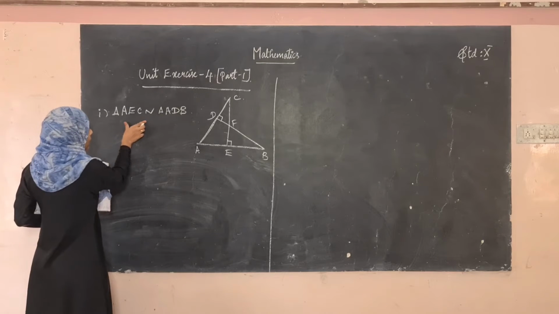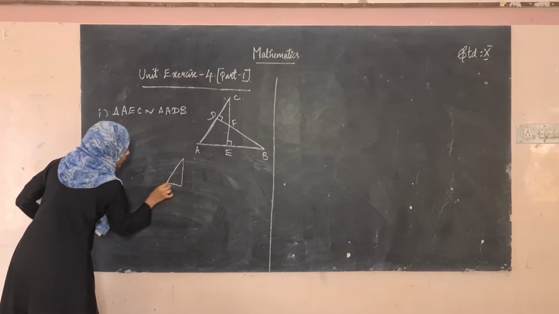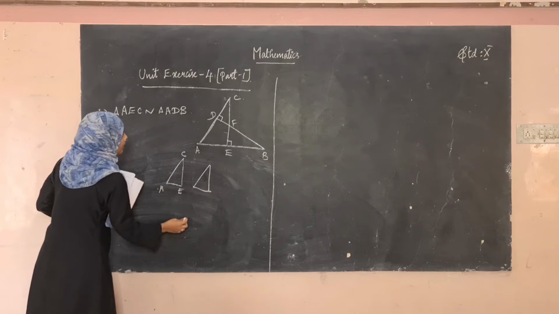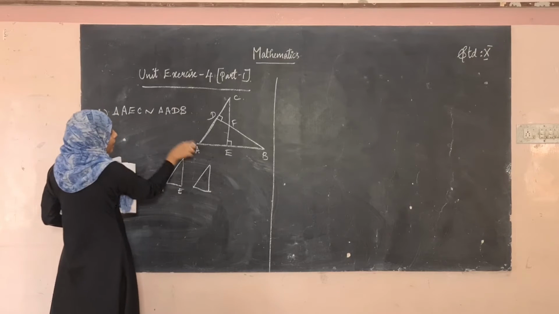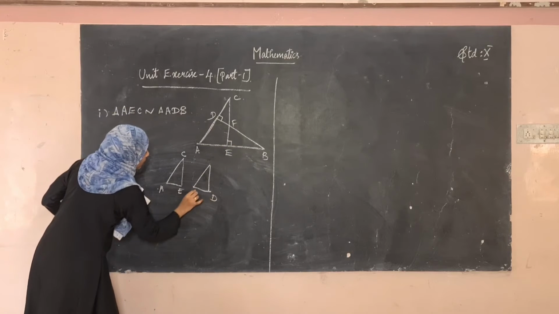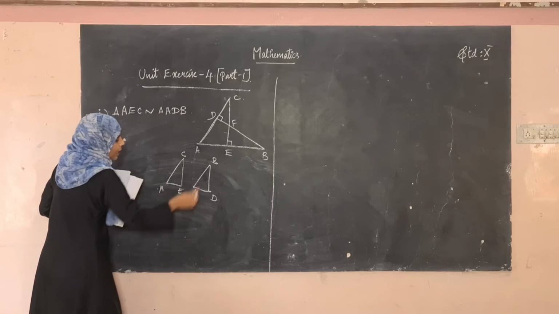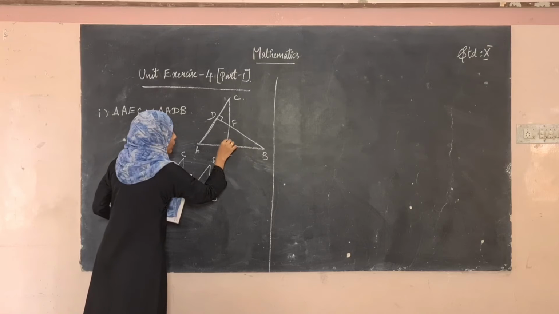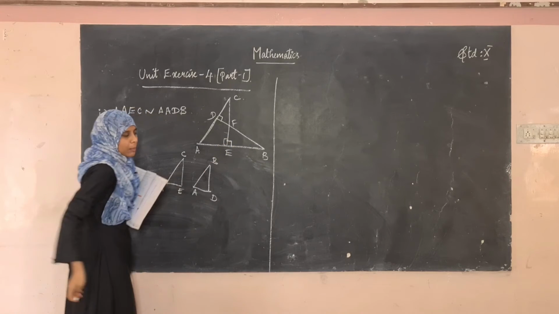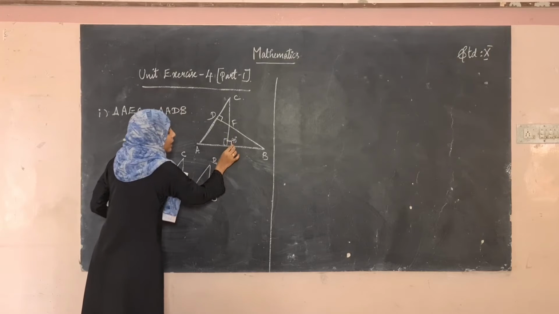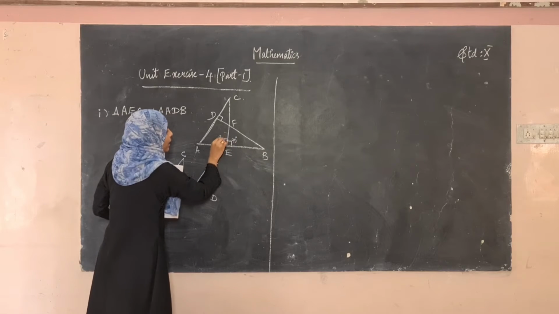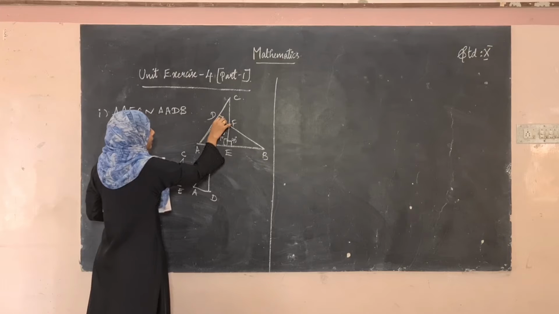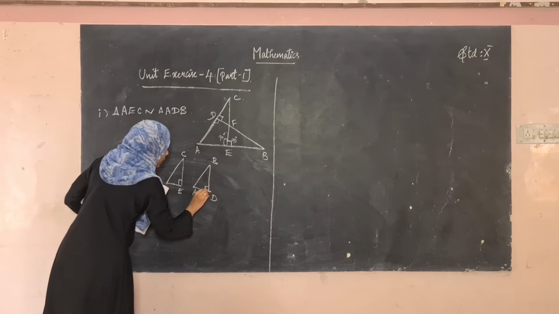Okay, so what are the triangles? The two triangles are AEC and the other one is ADB. So let this be D, A and B. Okay, see here it is a right angle, and if this is a right angle, we know that this is a straight line. So this also will be a right angle, right? Because this is 90 degrees, the whole angle is 180, so 180 minus 90 degrees is here also 90 degrees. Therefore angle AEC here is 90 degrees and it is given that here also it is 90 degrees. Therefore it is a right angle here.